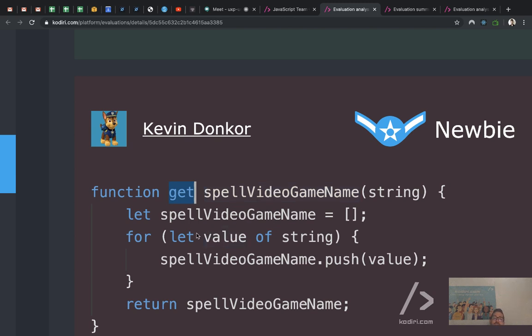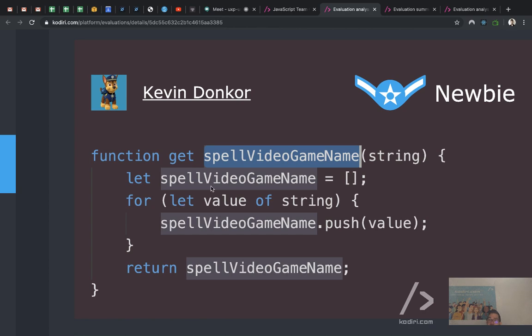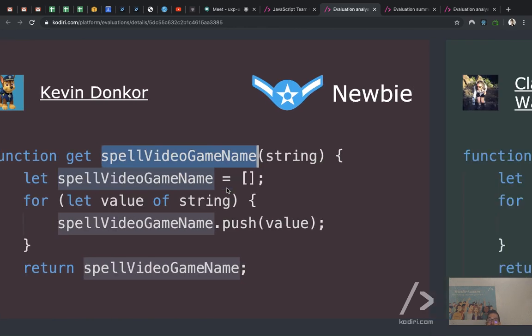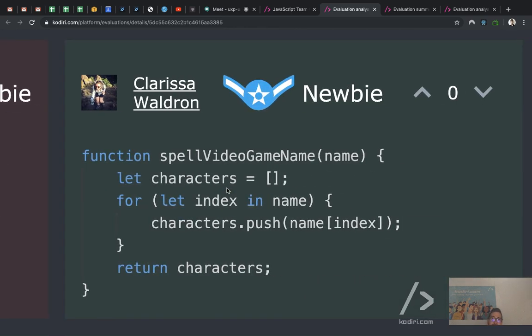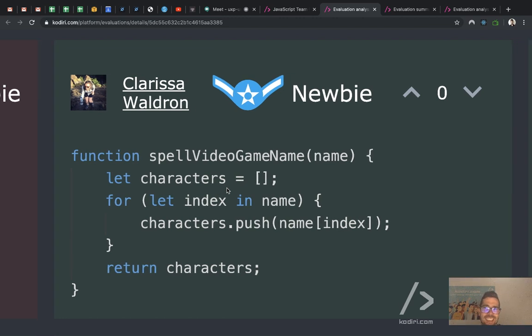Then another controversial aspect is, look, that's the name of your function, but the variable on the next line has the same name. Yeah? Where is Kevin? So we shouldn't reuse the same name because then we have a conflict. Do we refer to the variable name or to the function name? That's not a good pattern. But apart from these two little things, the code was correct. So well done. And then for Clarissa,